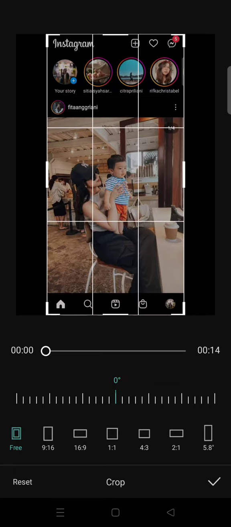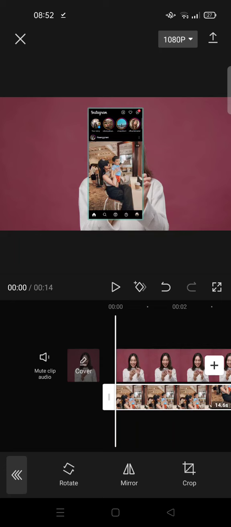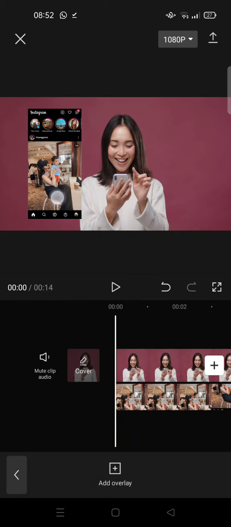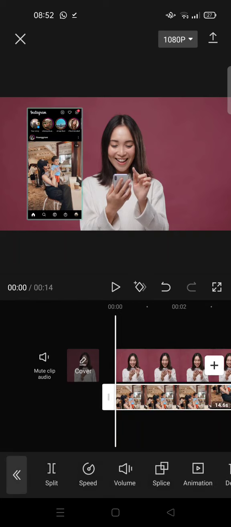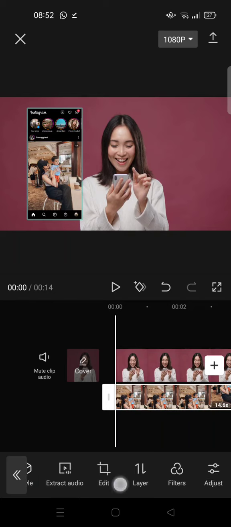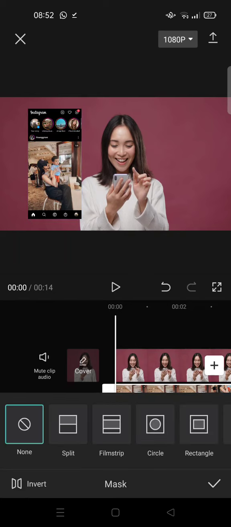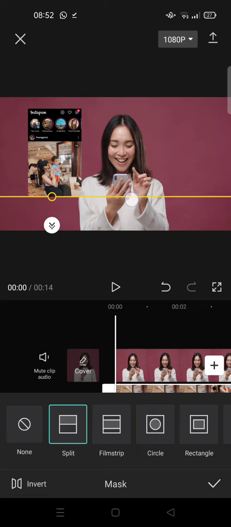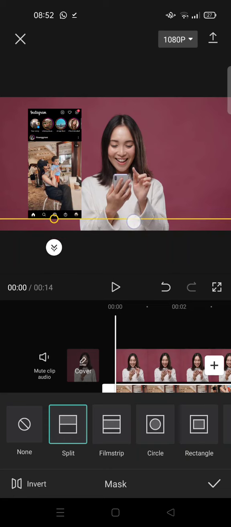Okay, click on the check icon, and then to fade out the bottom of the video to make it like a hologram, go to mask. Okay, go to mask and then choose split, and then adjust how much you want to see the screen. So I'm going to go with like this, and then after that